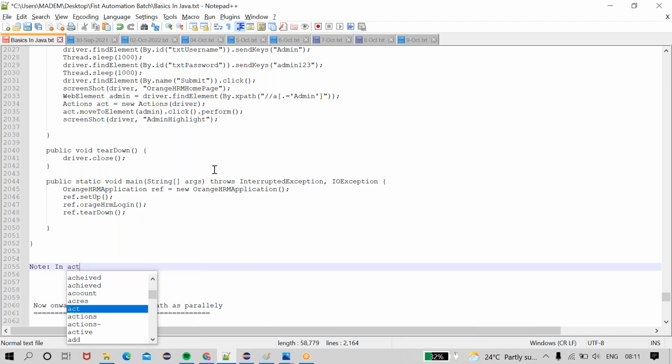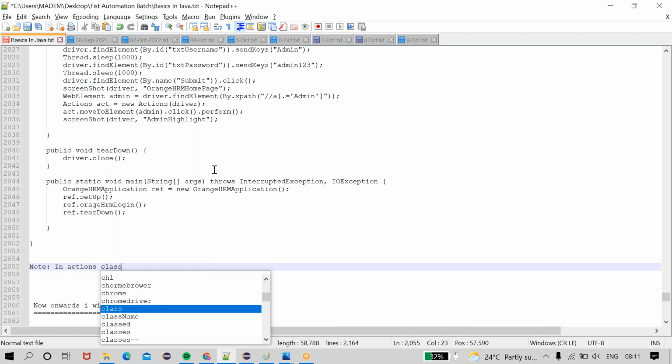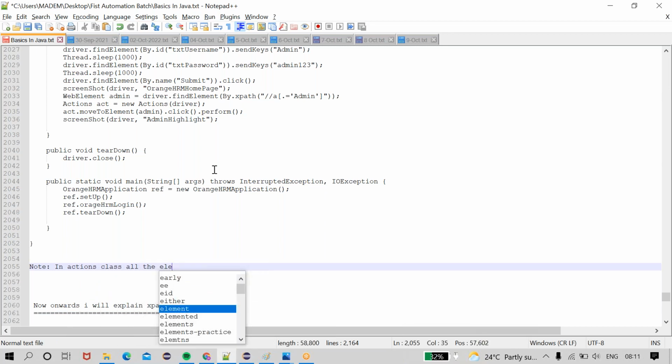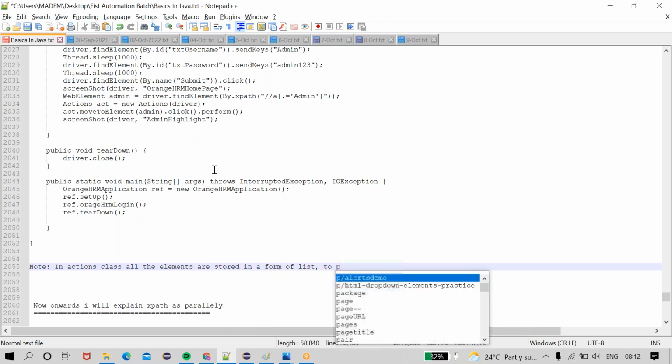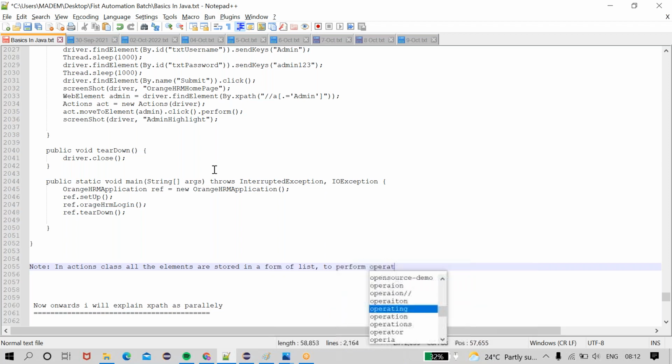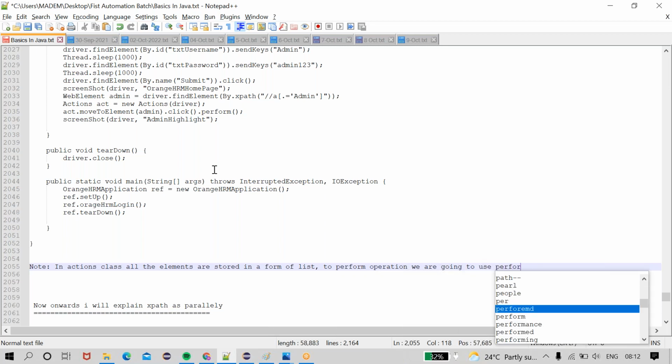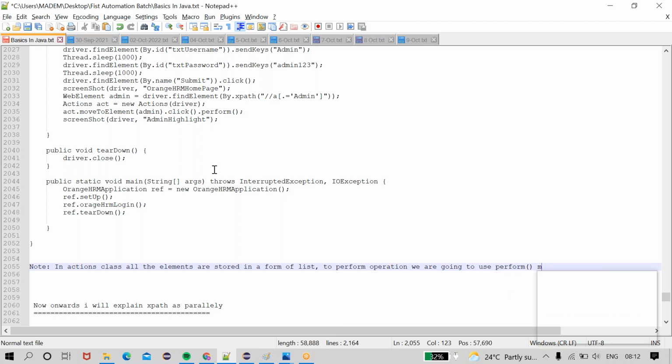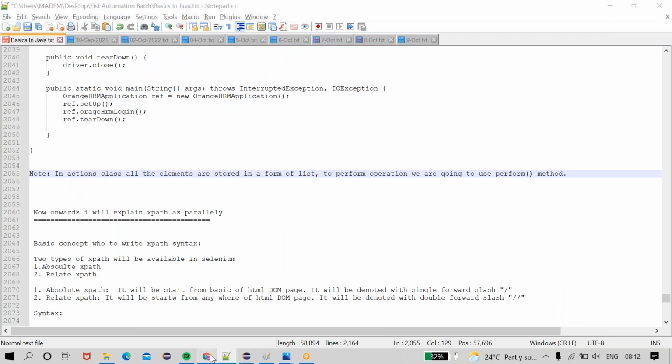In the Actions class, all the elements are stored in the form of a list. To perform the operations, we are going to use the perform method. See, here I am doing more than one action.